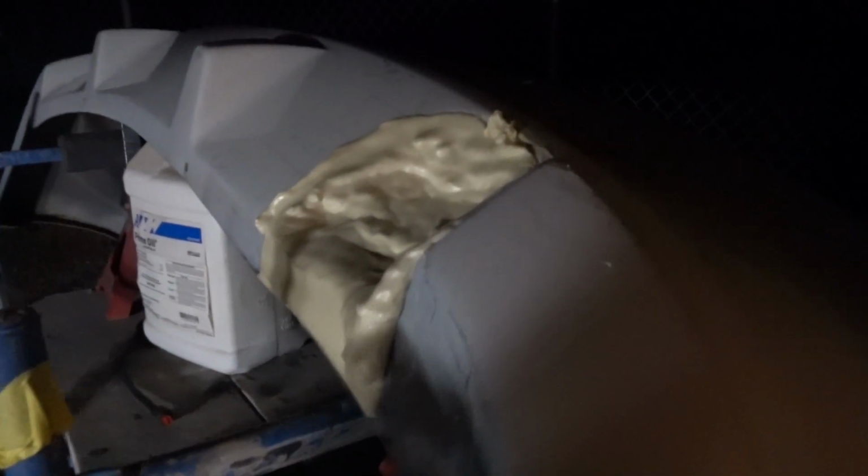I don't feel that comfortable working at night, even if I have lights and whatnot, because I feel like I'm not doing my best work at night. I don't know, it's just me. But right now I'm currently just filling in the rear bumper right here, where the exhaust goes. This doesn't really matter. I'm just trying to get it ready so I can shave it down in the morning,